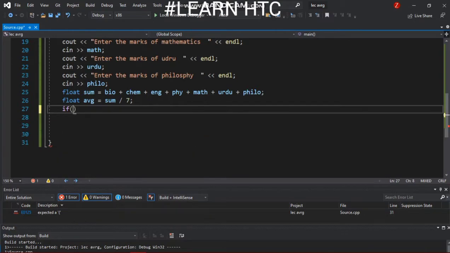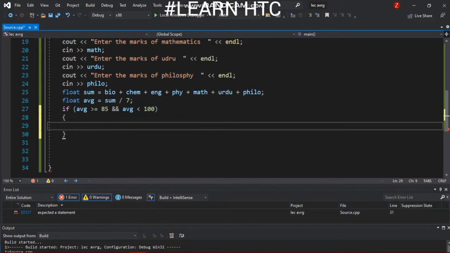So if the average we got is greater than or equal to 85, and it's a logical operator, and average is less than 100. You can also add equal to, meaning if the average is equal to 85, you can say that the student, we can output his name.